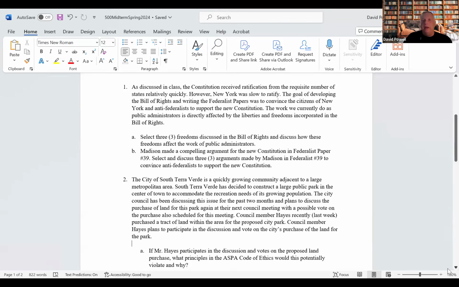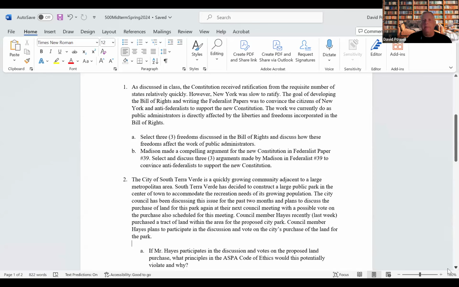The city of South Terra Verde is a quickly growing community adjacent to a large metropolitan area. South Terra Verde has decided to construct a large public park in the center of town to accommodate the recreation needs of its growing population. The City Council has been discussing the issue for the past 2 months and plans to discuss the purchase of land for this park again at their next council meeting, with a possible vote on the purchase also scheduled for